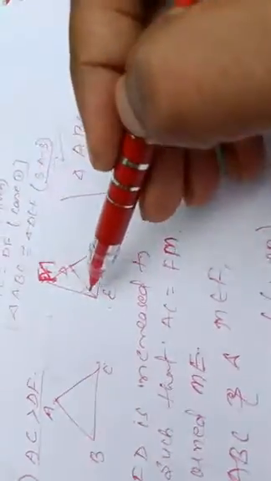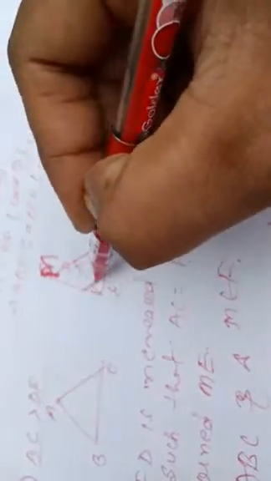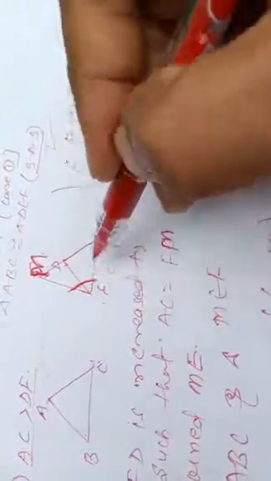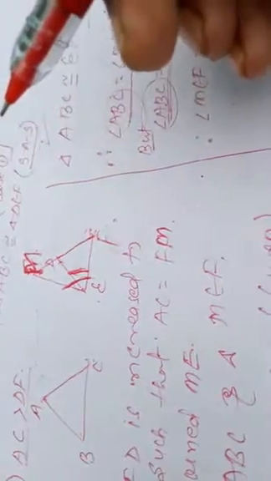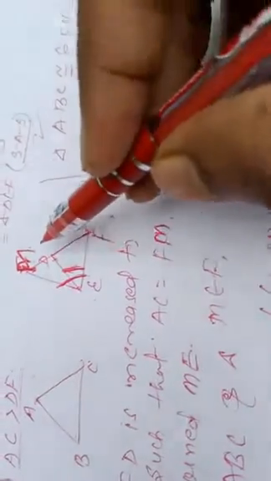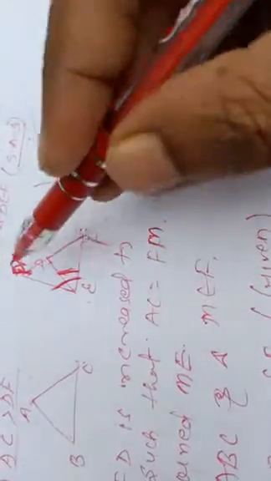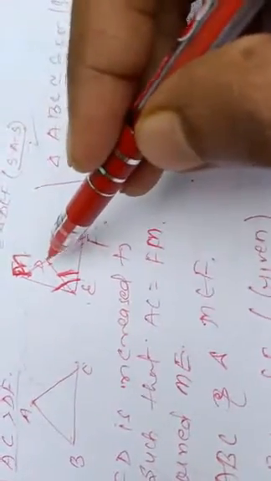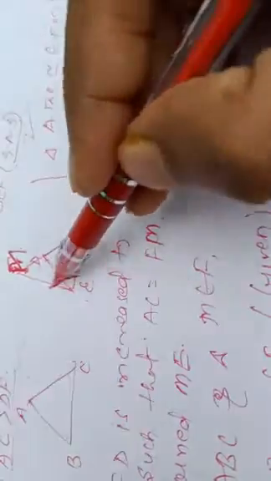You see, MEF, from here to here, this complete angle, is given to be equal to DEF. Your DEF is over here. So it can't be possible that on the same segment M and D are two different points, and the resultant value is that DEF becomes equal to angle MEF, since it is a greater angle.